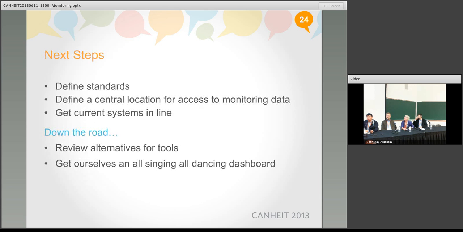So we want to define some standards. We have some standards. Now we have systems that are monitored and page if they're down when we've got somebody on call. There's some systems that'll only page during business hours. There's some systems that if the on-call's gone to bed and they go down, they page a manager. But